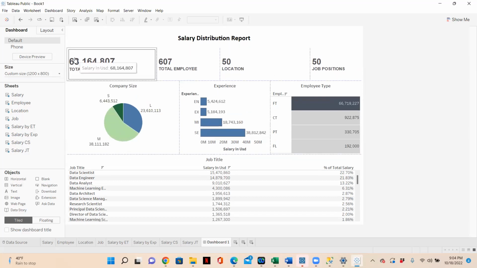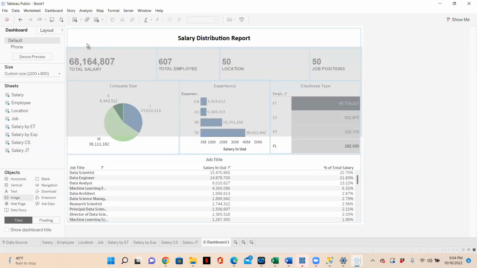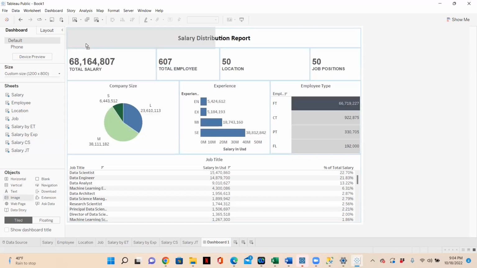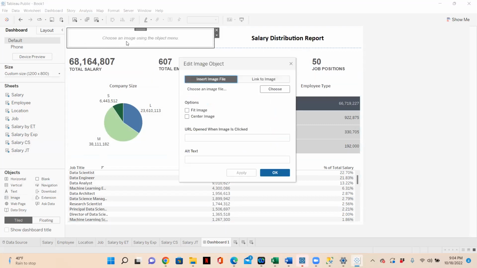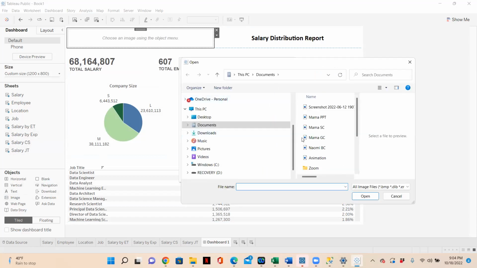Now, we also have our company logo that we want to bring to the dashboard here. So how do we bring in our company logo or any image? You go to image, just drag it to the area where you want to place it. In this case, let's just put it beside our title. This little dialog box is going to pop open. Click on choose the image and go to the location where you saved your image. Okay, if I go to my desktop, we have this as